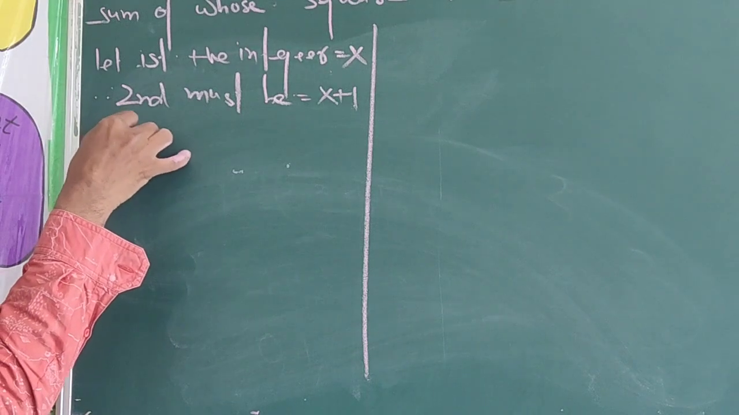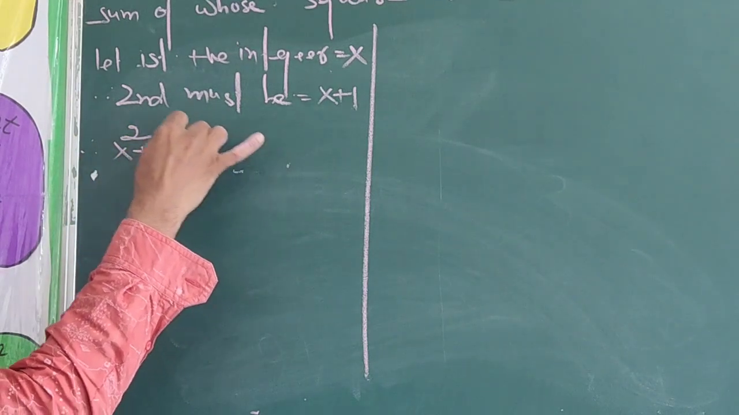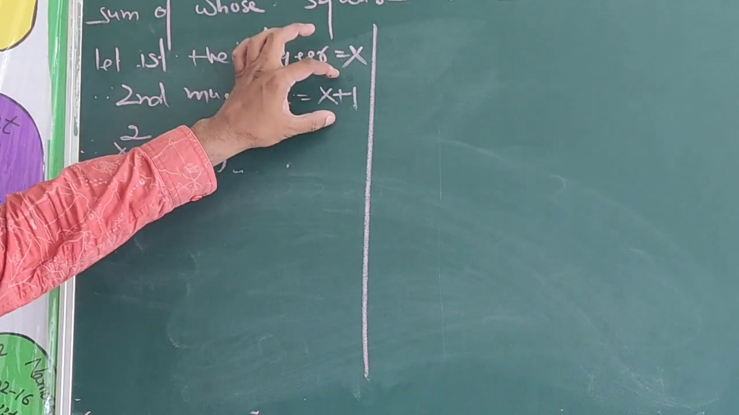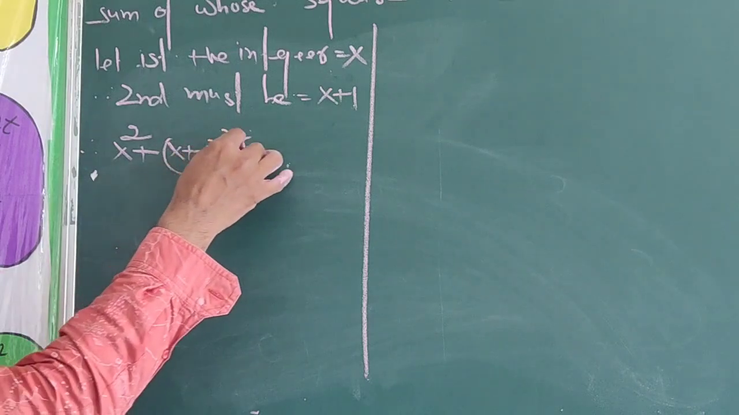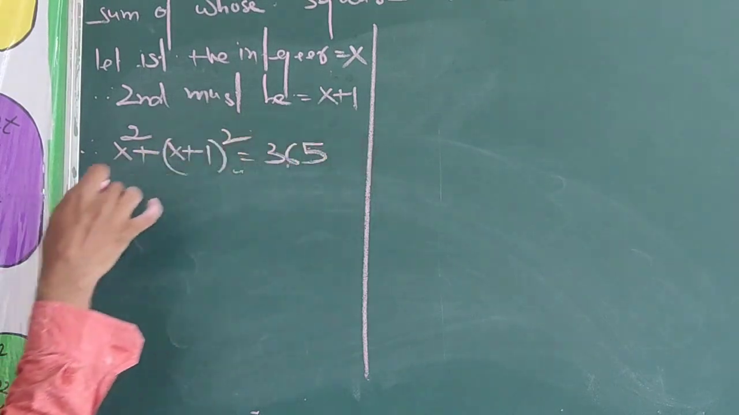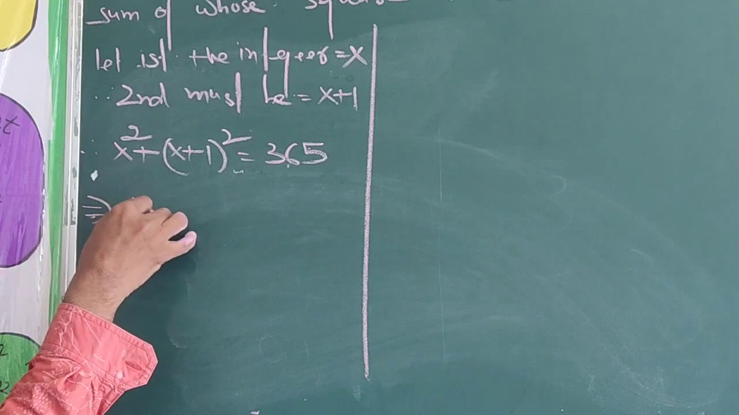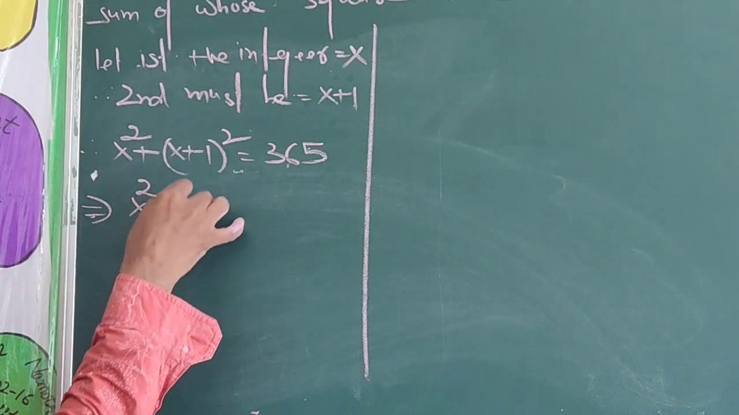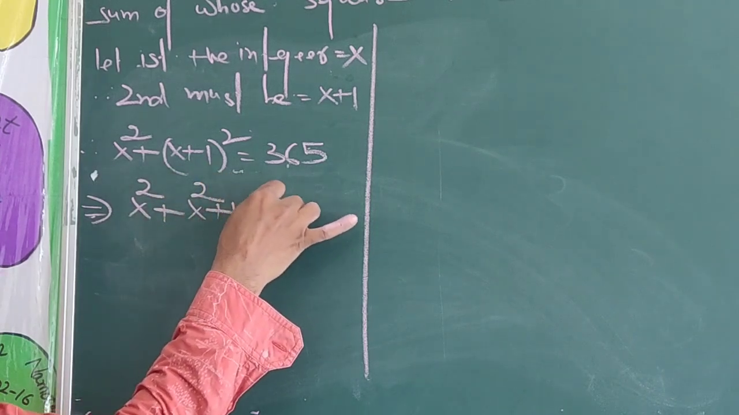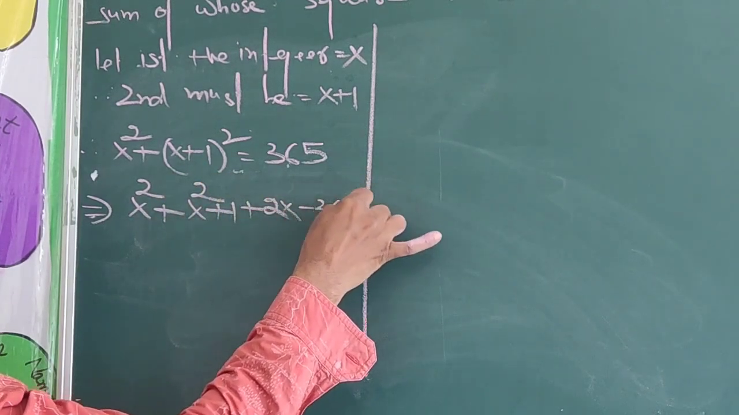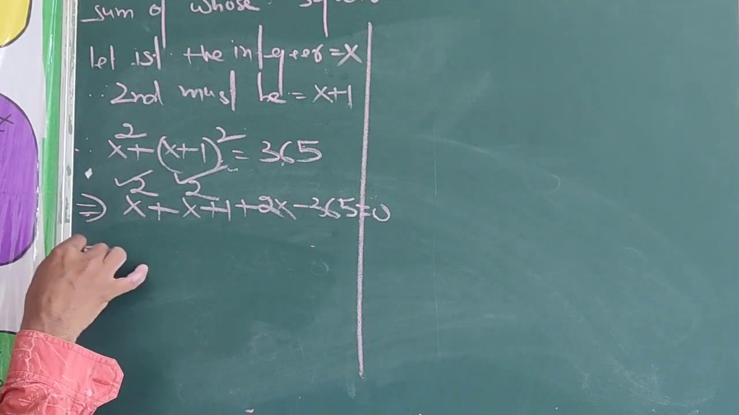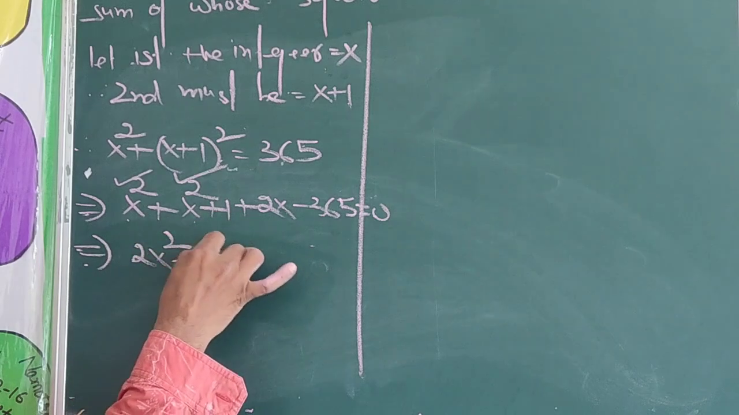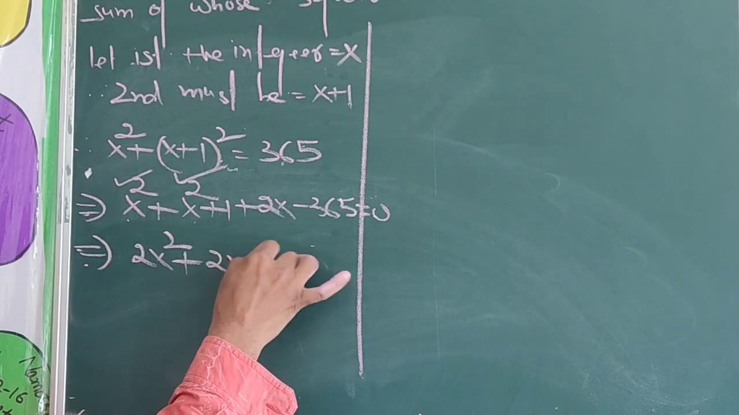Therefore, according to the conditions, x square plus (x plus 1) square, whose sum of squares means the square of the first number and the square of the second number, and their sum is equal to 365. Now by simplifying this equation, here is the formula: (a plus b) square is equal to a square plus b square plus 2ab, and that is minus 365. Now by solving, x square plus x square is 2x square, plus 2x plus 1 minus 365